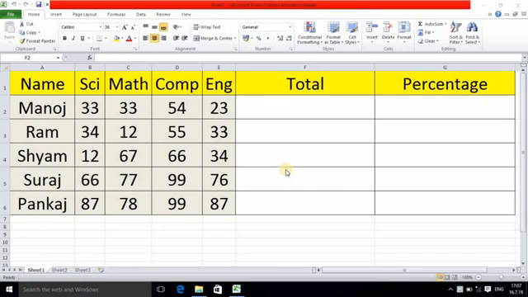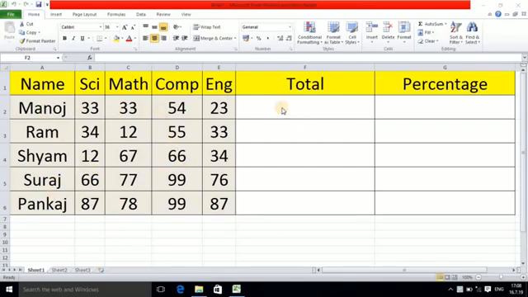Suppose you are filling in the subject information, and suppose you have 4 subjects, 5 subjects, 10, it doesn't matter. Once you know the formula of total and percentage, the number of subjects and their total marks and what marks they got, this doesn't matter. Here I have already added the information, and I am assuming we have 4 subjects, and these are the marks and these are the names.